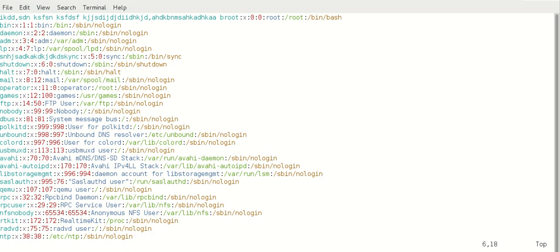If you press capital A, at the end of the line, if you want to add content, it goes to the end of the line. My cursor is now in the middle of the line, and if I press capital A, it will go to the end of the line. Then after that it automatically goes to insert mode at the end of the line. Now we can add content. If you want to write something in the file, you can add it.